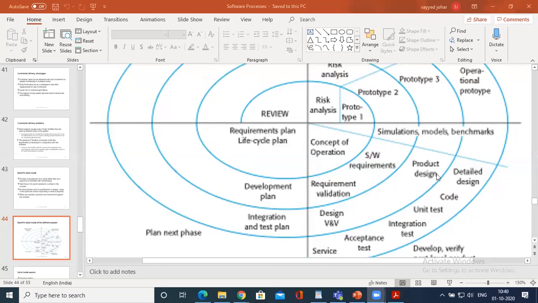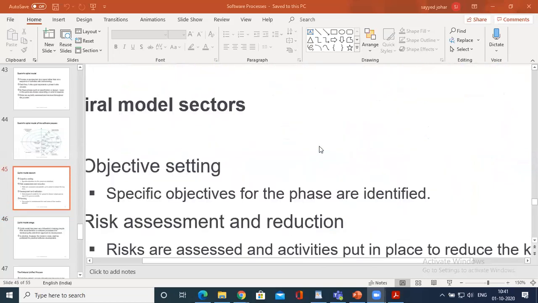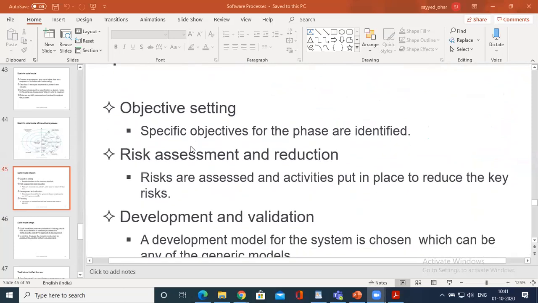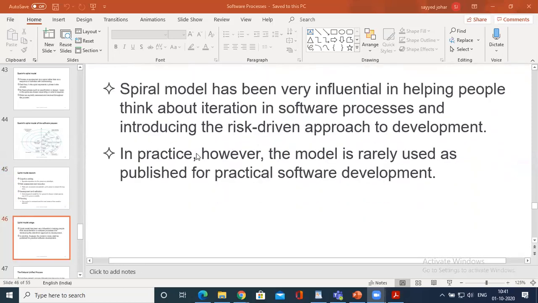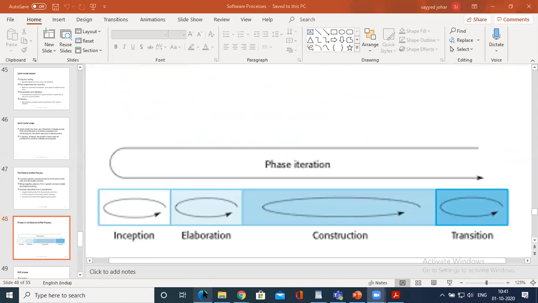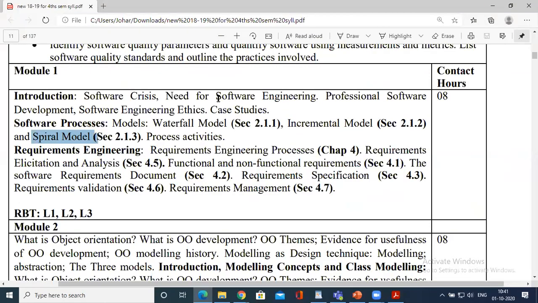Product design is the final product that is developed based on the system requirement. The system requirement also consists of what the software is. So it is a software requirement, because before you develop anything, on which software do you develop? That is also an important point. So this is all about the spiral model. This is what I explained. You have the spiral model, the waterfall model, and the incremental model, 3 major models.